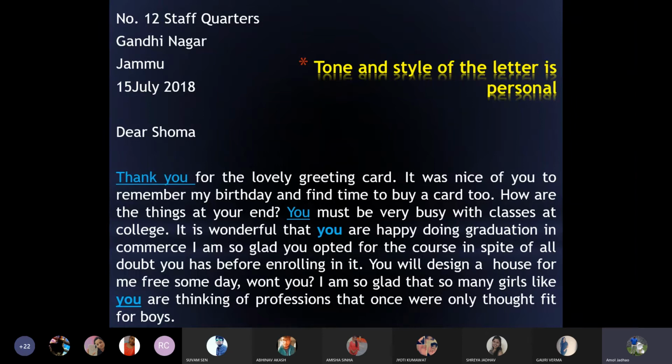But you should keep in mind that in countries like the USA, which follow the month, date, year system, as I said before, July 15, a comma is used between the date and the year. So if you are writing in USA style, you will have to write March 6th, July 15th, comma, 2018.